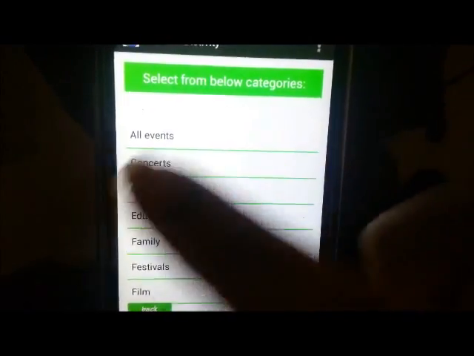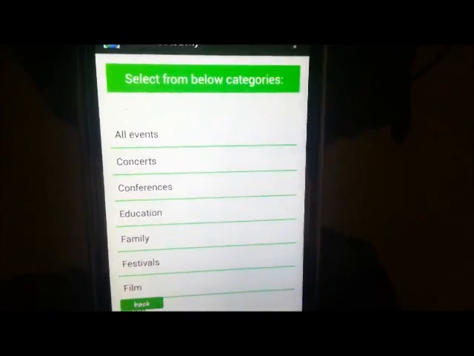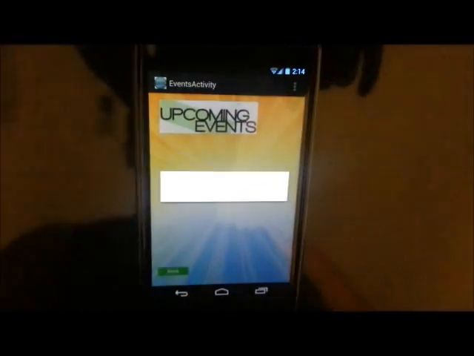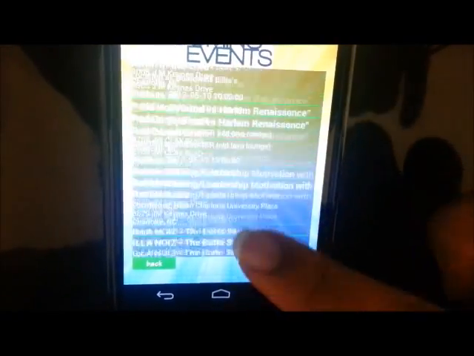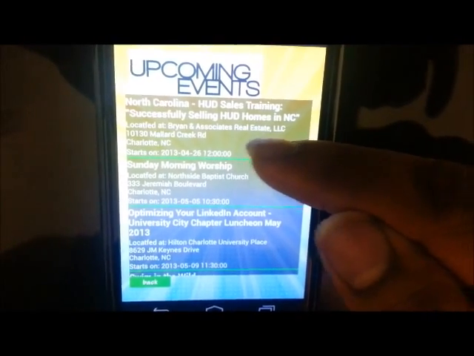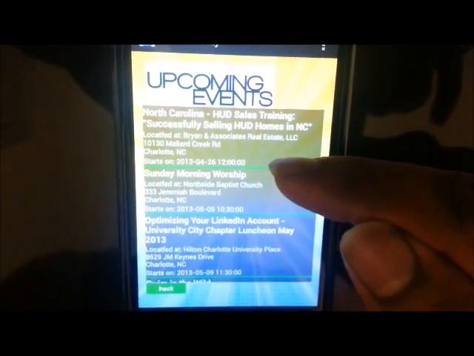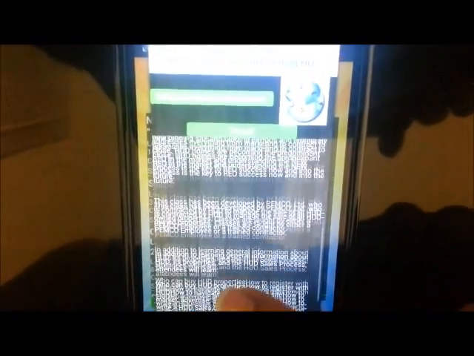For example, if I don't want to refine my search, I just want to see all the events regardless of any category, I just click on all events, and it will show us all the events over here. Again, I have limited this list to 10 items as the loading time should not go to infinity. In the events, it shows the main title of the event, the exact address of the location of the event, and at what time it starts. When I click on the event, it will give a short description of the event.